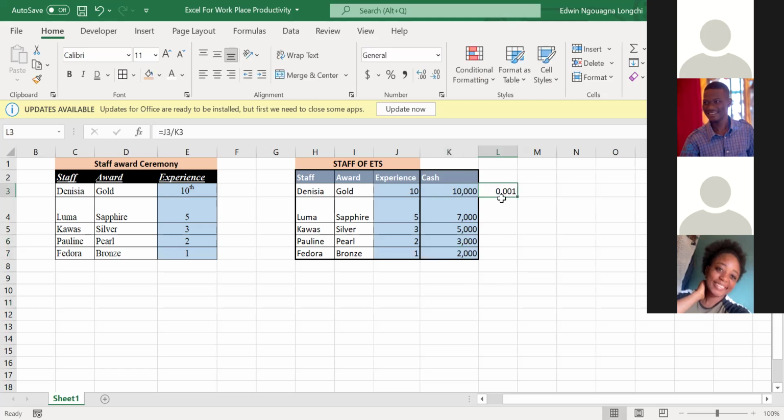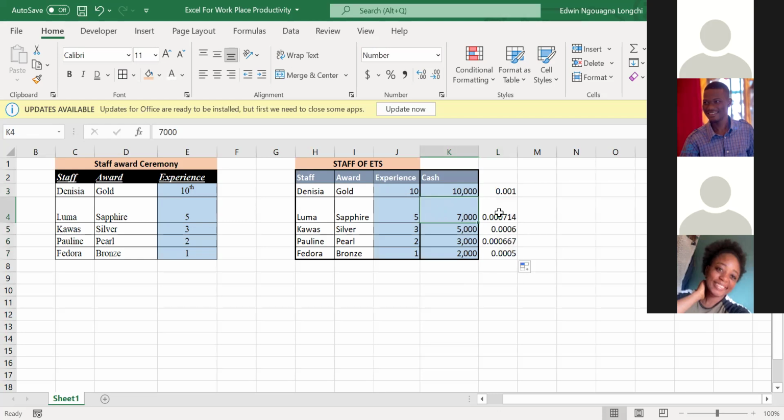So I want to copy this formula. This is what I've done here. Let me do it again for those who do not see well. I say equal to this one, divide this. I hit the enter key. So I don't have to do it over and over. I just come here and I fill it. Have you seen? So this same thing has been done for this one.